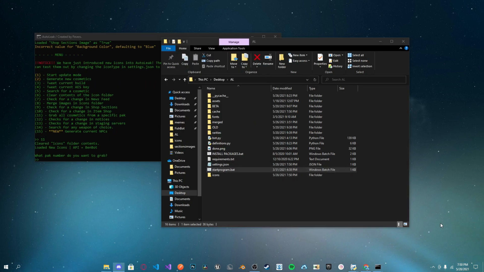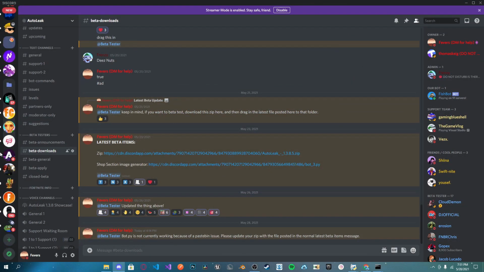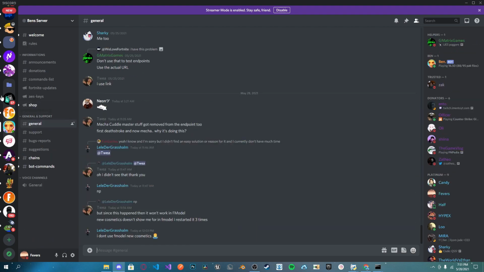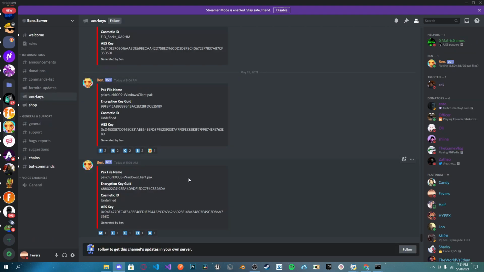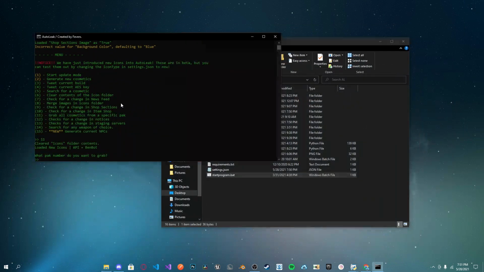If you don't know what a pack is, Fortnite actually stores all of their data in packs. So if you don't know, encrypted items. If you go into a server like Benbot, I'm going to show you this. I'm going to link this in the description below as well. You go down right here into Benbot, and you go to AES keys. These are all of the most recent packs that got decrypted. So if we type in like 103, for example,